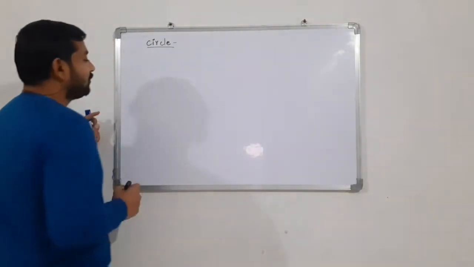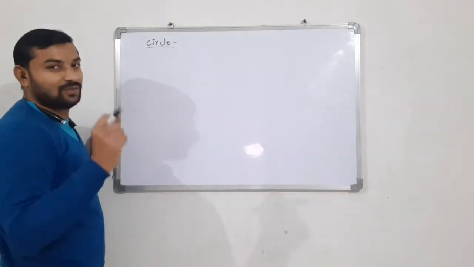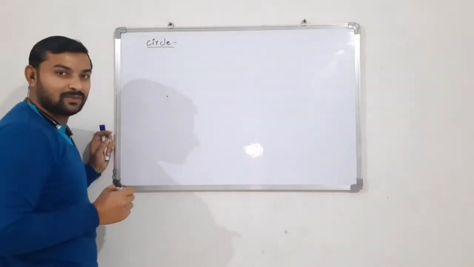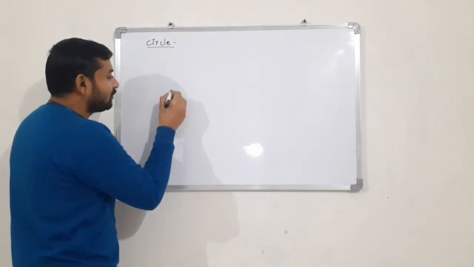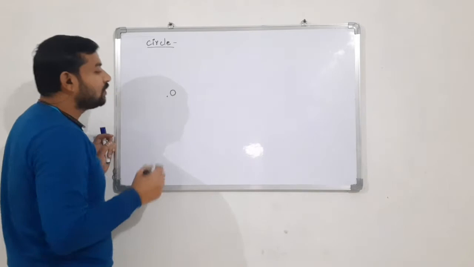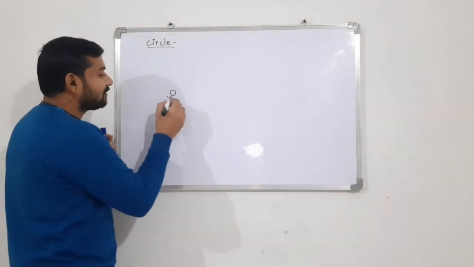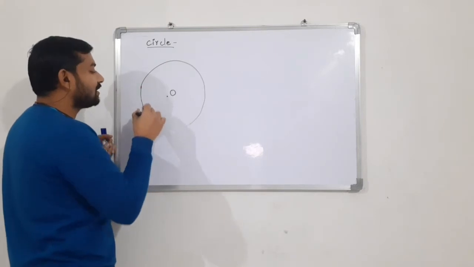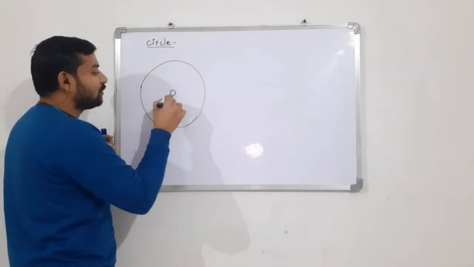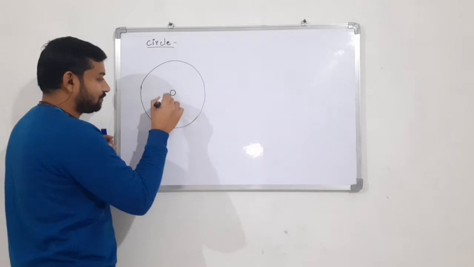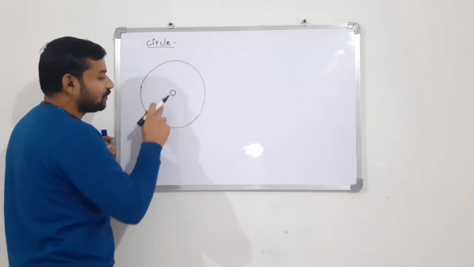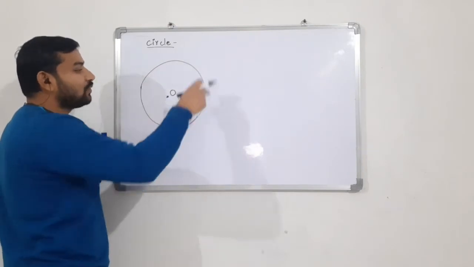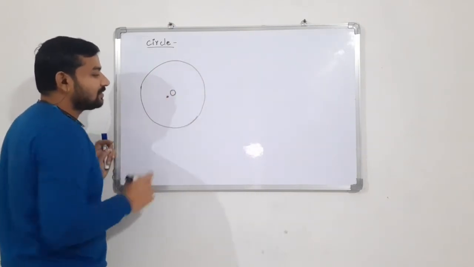So to draw any circle we need two things. One is center of the circle, so this is the center over here. Then it is always named as O, and then we need some radius. Suppose some radius is there and we can easily draw a circle like this. We have to put the needle of compass on this point O, that is the center of circle, take some radius and then move it around, so we'll get a circle.